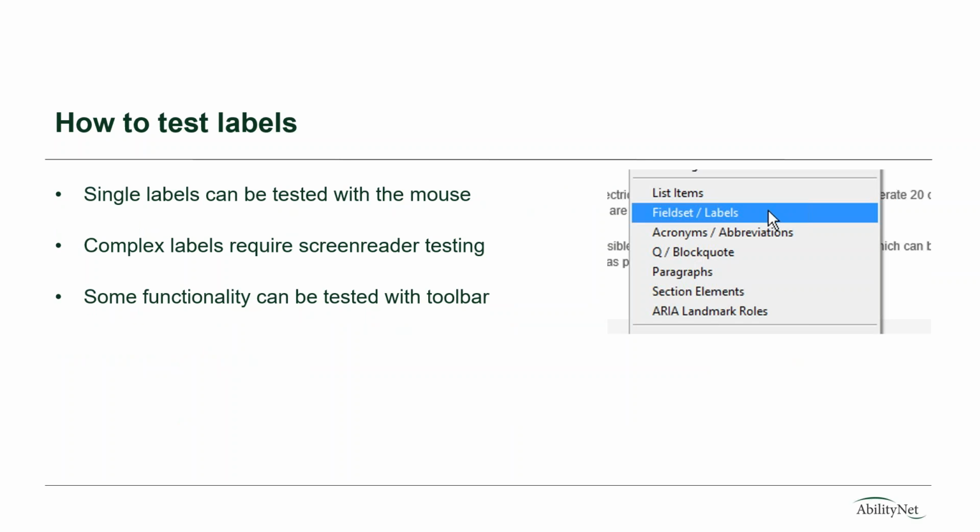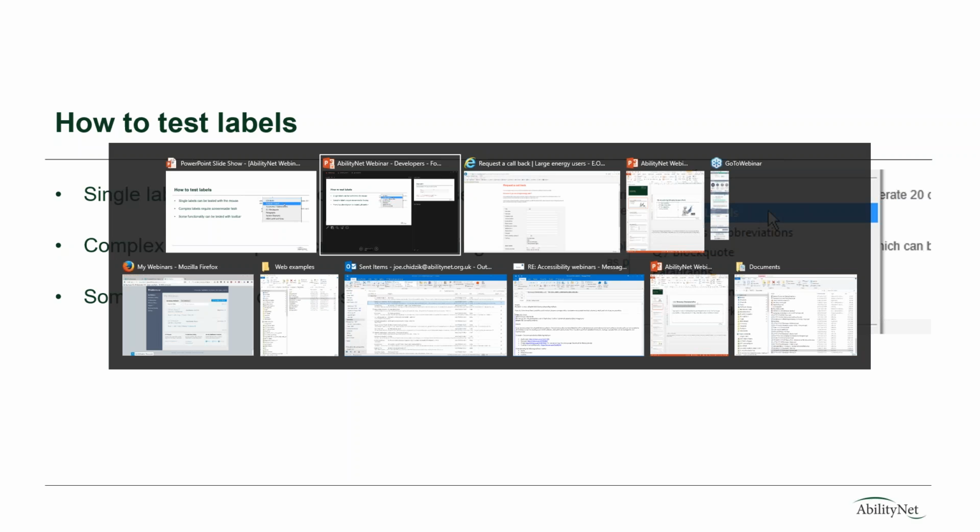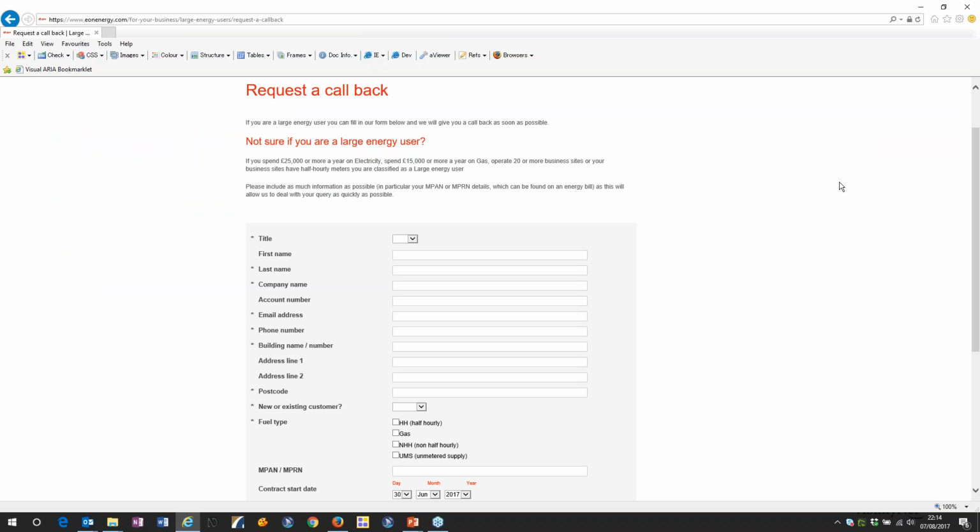So how can you test labels? Well, there's a very quick way you can actually test them with a mouse. I'm just going to go through some examples right now. So a very quick way of testing that labels are programmatically associated with their input fields. And all that means is if you tab through this form using a screen reader, it will know what label to read out automatically. Now, as a sighted user and using the mouse, I can quickly click on each of